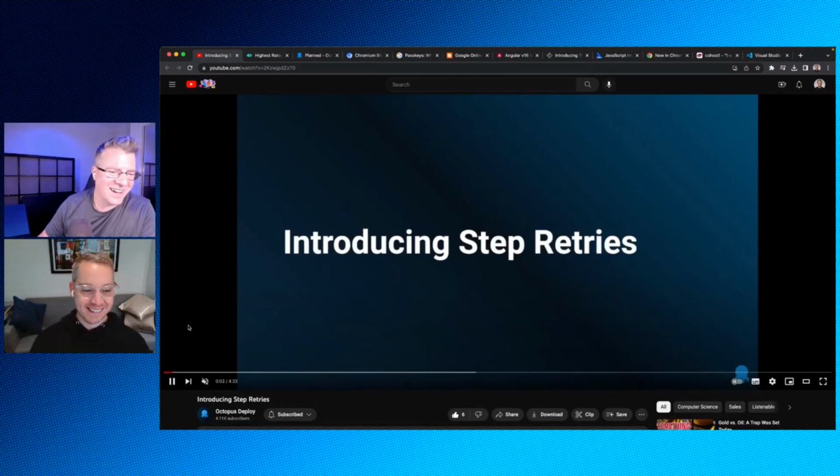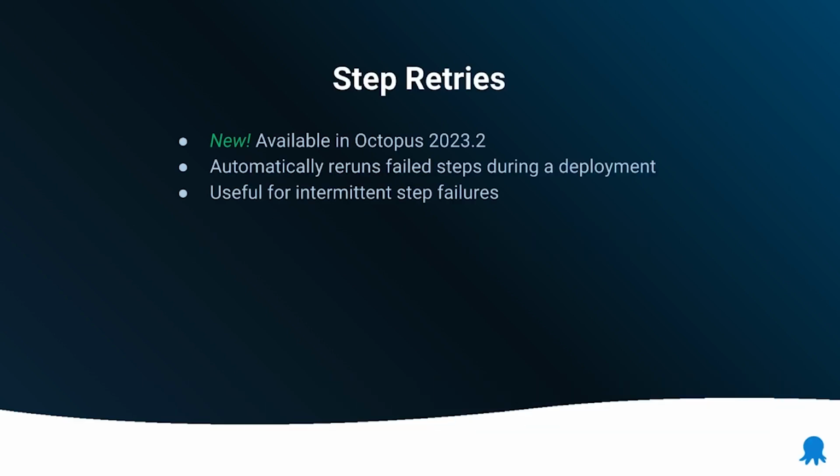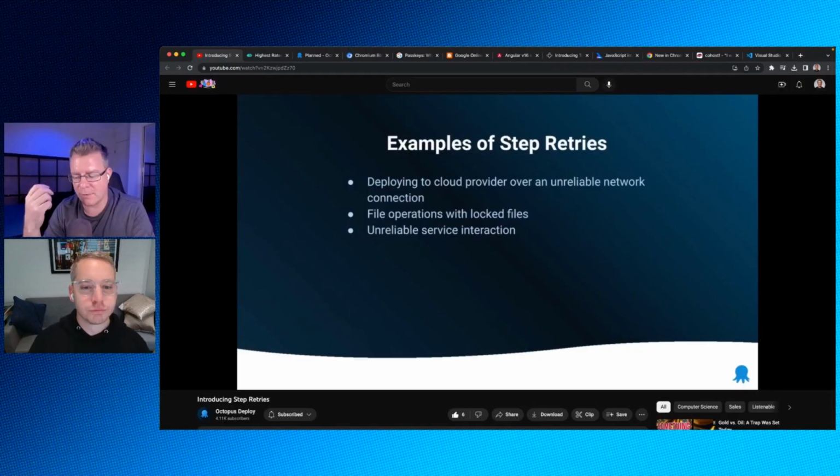That's right. So we've introduced a new feature called Step Retries. It's a new feature in Octopus 2023.2, available as an EAP, and it will automatically rerun failed steps during a deployment. This is useful in scenarios where a step is failing for a variety of reasons, like a flaky network connection,